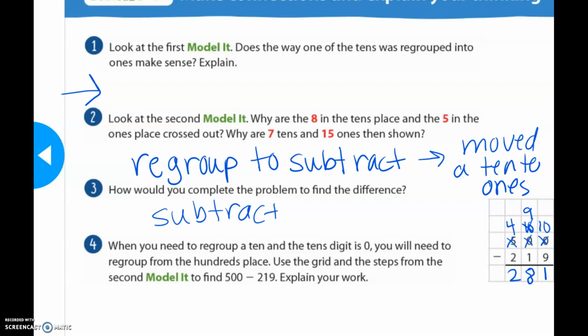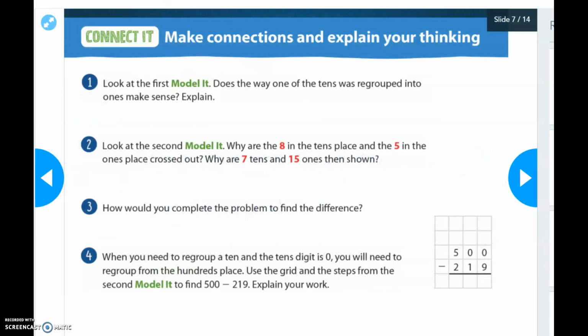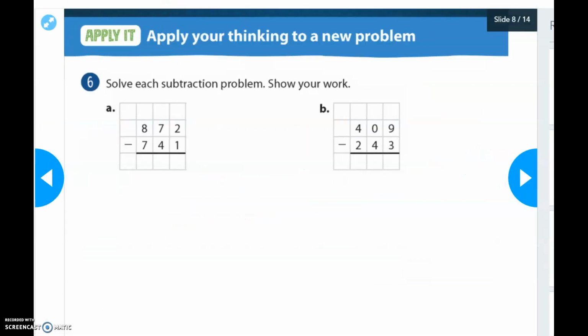Okay. Hit pause if you need this page for a minute. So on the next page, it wants you to keep doing more. So you're going to look and you're going to say, okay, I don't have a bigger bottom on my ones. I don't have a bigger bottom on my tens. I don't have a bigger bottom on my hundreds. I can just subtract without regrouping on problem A. On problem B, I don't have a bigger bottom on the ones, but I do on the tens. On the tens, I have a bigger bottom, so I need to regroup and take one of my hundreds and